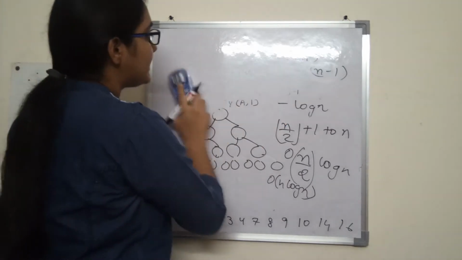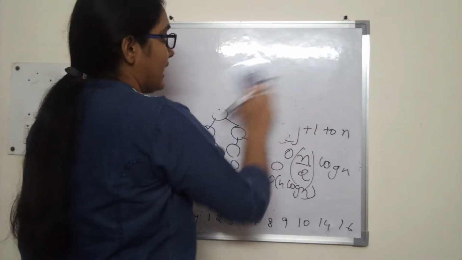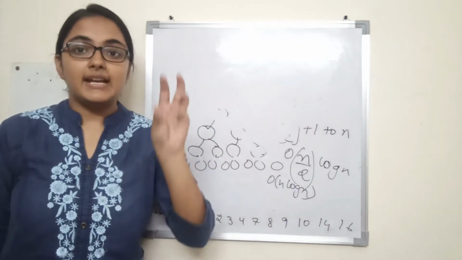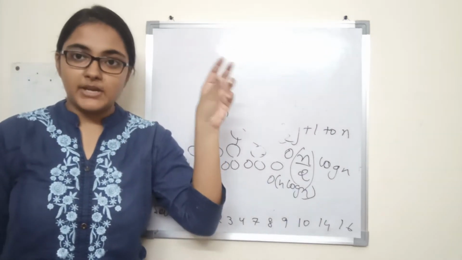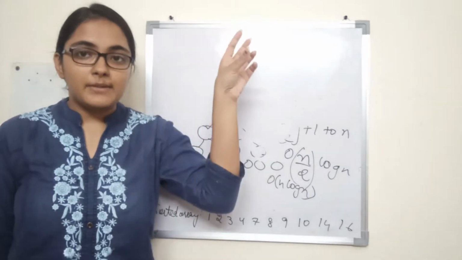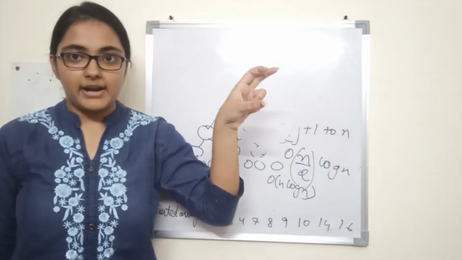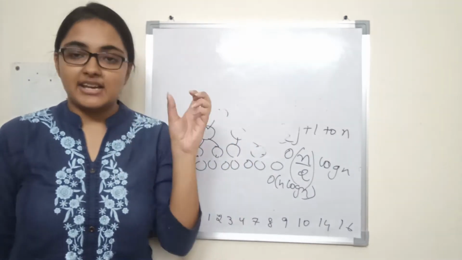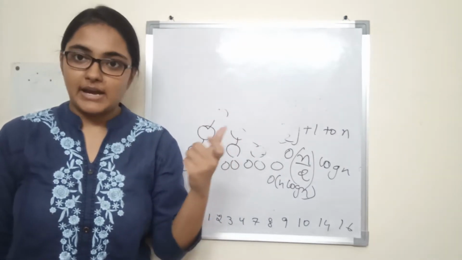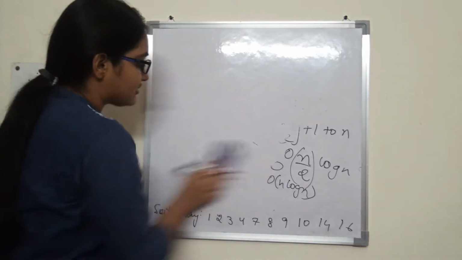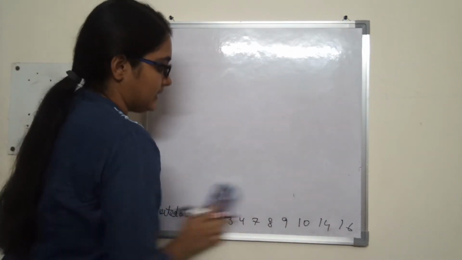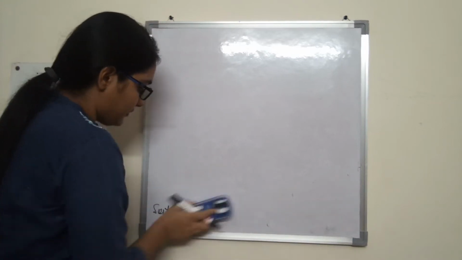Heap extract max extracts the maximum element from the heap. That is, it returns the maximum element from the heap, where it is present. It is present at the root, so it removes the maximum element from the heap and returns it. What does extraction mean? It returns the maximum element and removes it from the heap, right? So that is the function of extract max. Let us see how the procedure goes on.